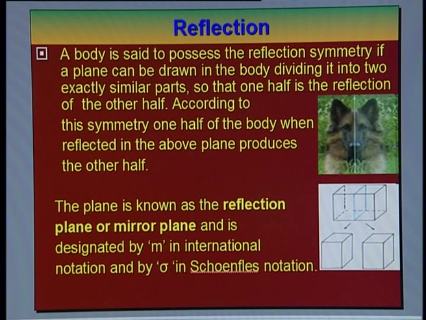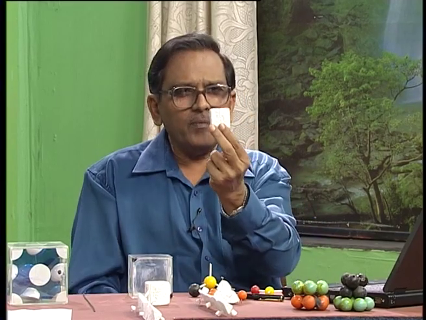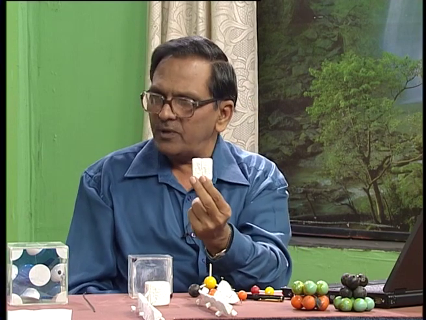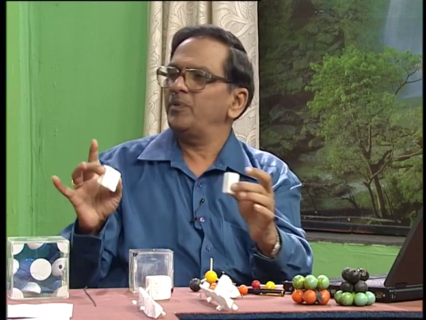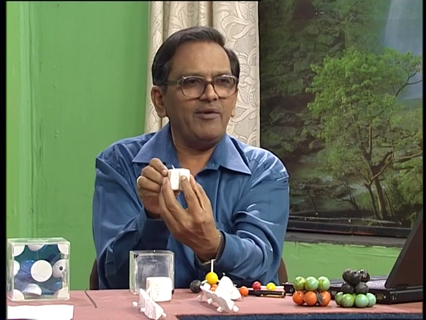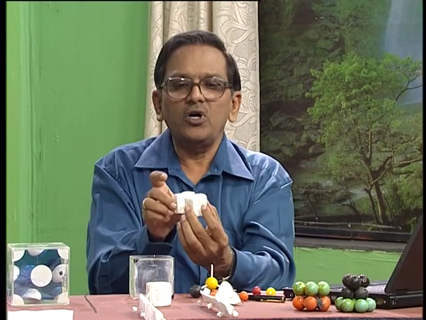For example, I will show you with respect to this particular unit cell. Here in my hand you have a cube, and you can explain the plane of symmetry with respect to that. For example, if I have a plane like this, the left portion is the mirror image of the right. You can see this, I am separating that. So, if I have only half of this, and I put a mirror here, the entire cube can be seen. That is why it is called a mirror plane, plane of symmetry. Similarly, I can have another plane like this also. In addition to these two planes, there is another type of plane also.